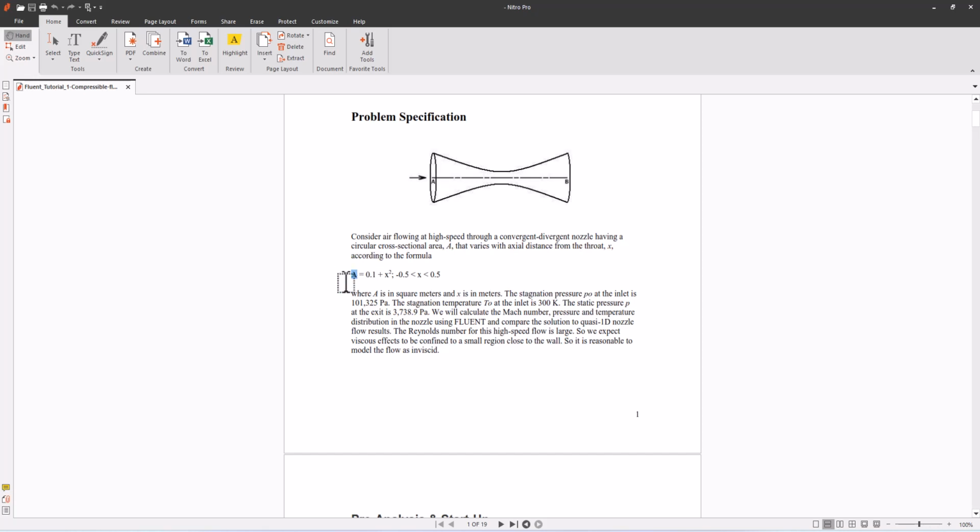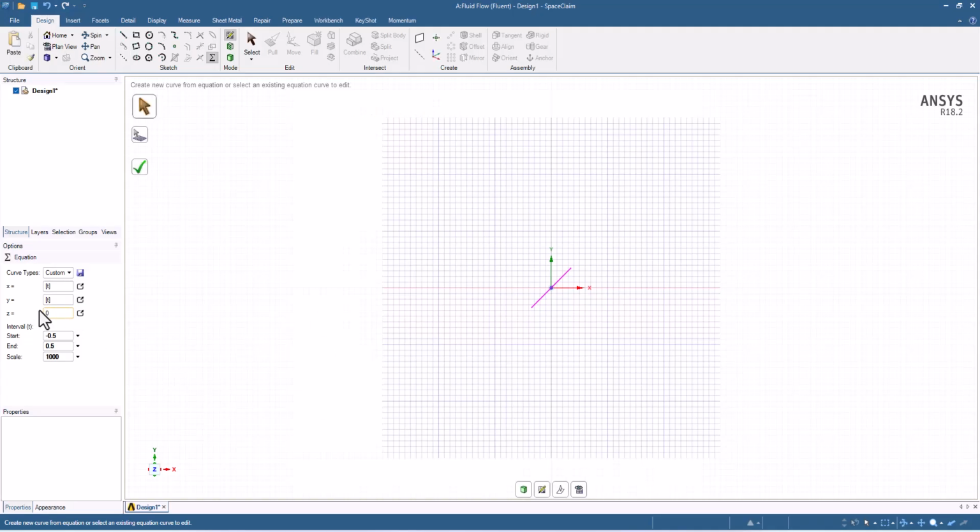So we can find the value of r and write that formula in this y equation. Simply, t represents the axial displacement here. Instead of x we have t here, so t times t would be the x squared, plus 0.1 from the equation. So we have to divide it by pi,